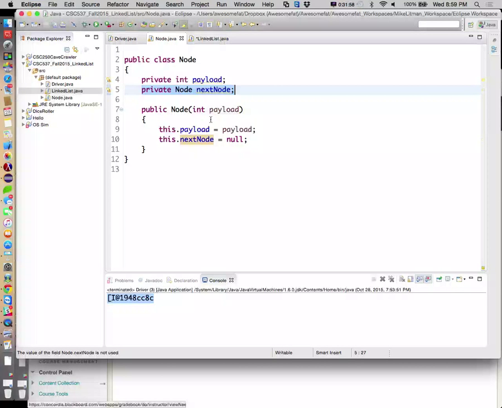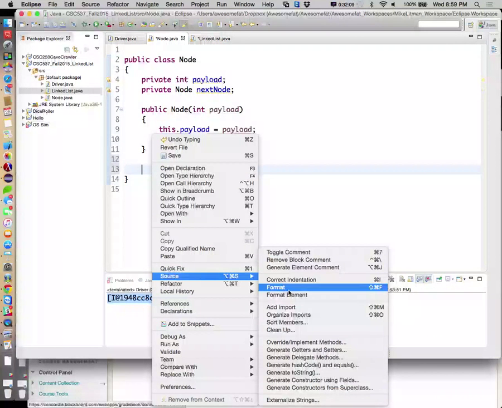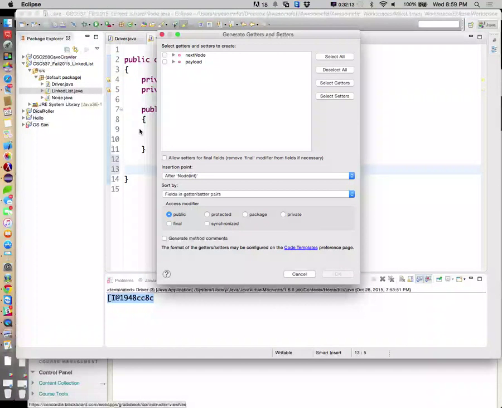We can write these by hand, or Eclipse also has a built-in mechanism for getters and setters. So I can just right-click, go to Source, go to Generate Getters and Setters. I'm going to select both getNextNode and setNextNode, and then I'm also going to get the payload.